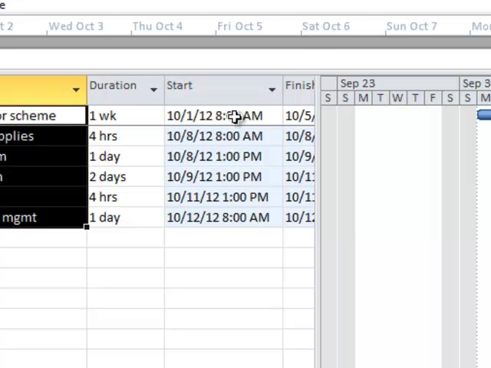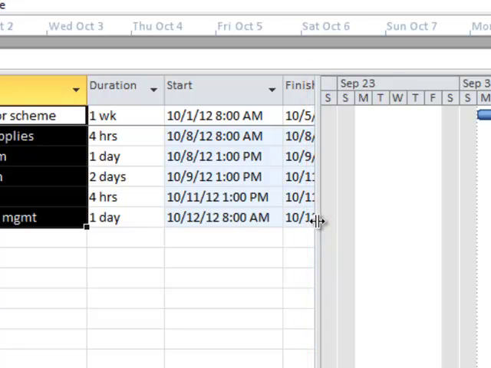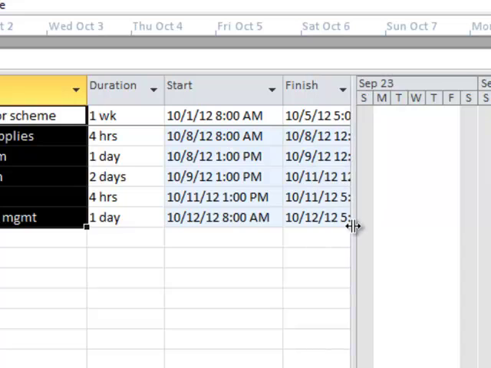Well, now the problem is we can't see all of the finish date column. In order to be able to see that part of the Gantt chart table, we're going to need to click and drag the window pane splitter over to the right. To do that, I will simply point at the window pane, click and drag, and get the split arranged so I can see the edge of the finish column. And then I'm going to move a little bit past so I have room to adjust the width of